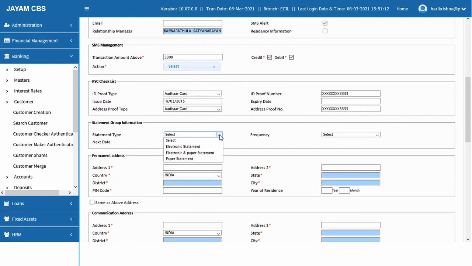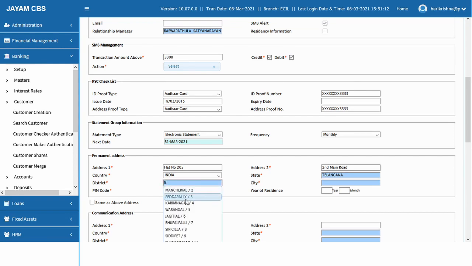How do you want the statement? You want an electronic statement, monthly. So my next electronic statement will be sent from the bank on 31st March 2021. My address, flat number 205, second main road, India, state I'll select as Telangana, and district Karimnagar.